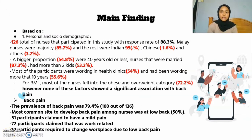Assalamualaikum, and my name is Handa Saliha. I will explain the main findings of this article. Based on personal and socio-demographic data, there were 126 nurses that participated in this study with a response rate of